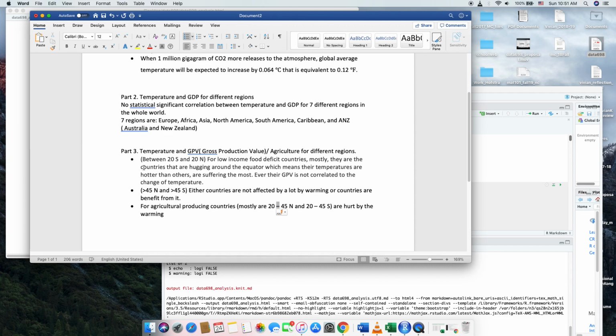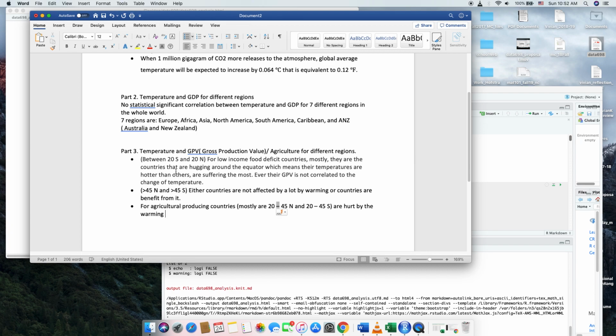So that's why in my part 3 right here, I changed them into 3 different sections. Now, the first section is for those countries and regions between 20 degrees south and 20 degrees north. Most of the countries between this 20 and 20 are low income and food deficit countries because their countries are warmer than other places. So the agriculture doesn't really